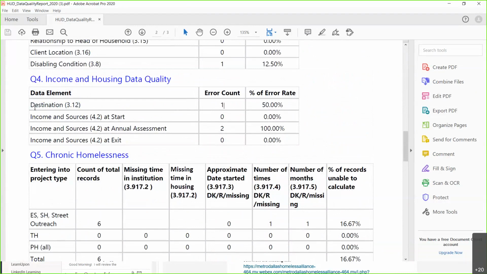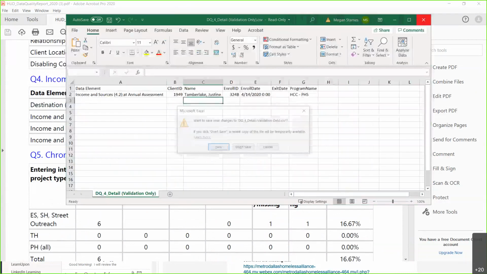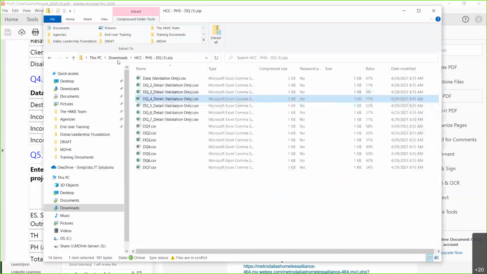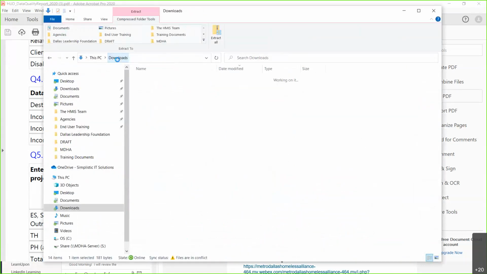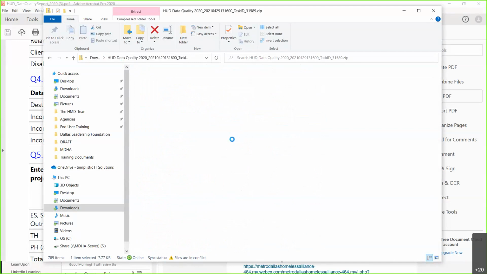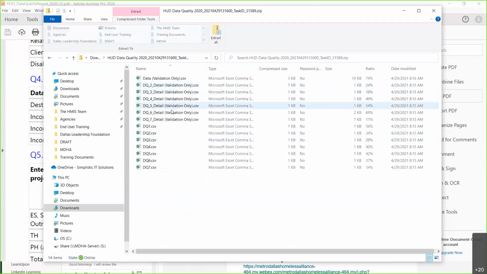But we have this error here at destination, and if I pull up the validation file for that, hopefully I can find it pretty quickly. Let's see. I believe it's this one. If I go to Q4,